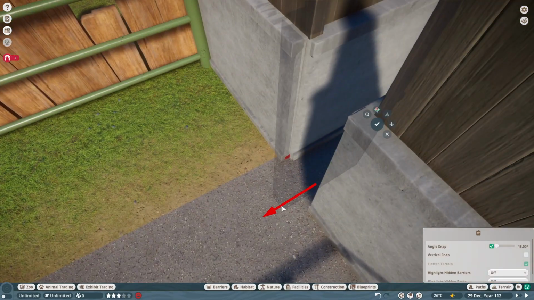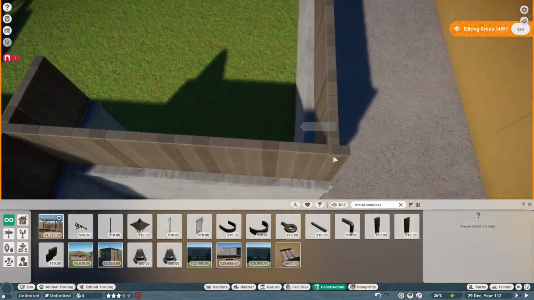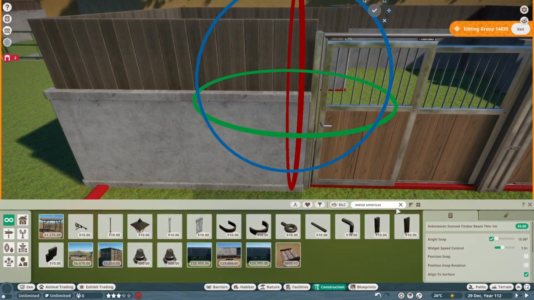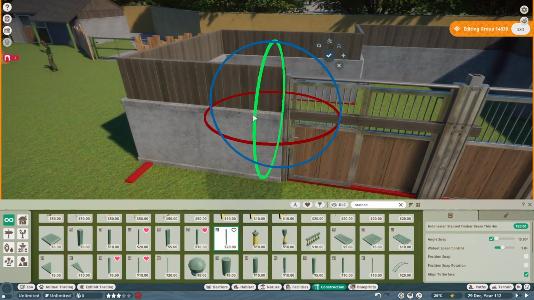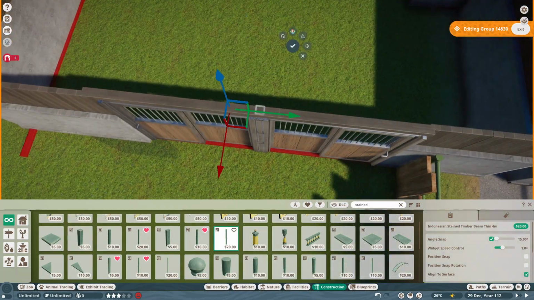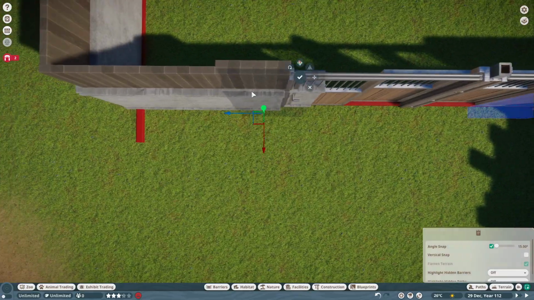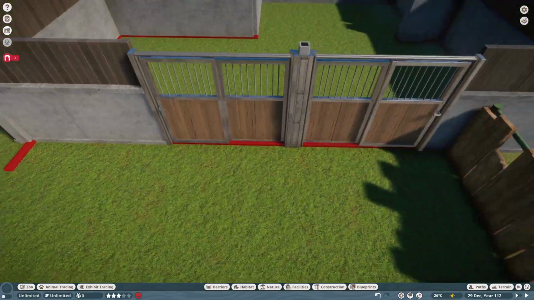Since the animal trading market gets shared when you upload a zoo, all the animals that I have in the trading market are there. You can just select them, put them in the habitat, and then this will be filled out.